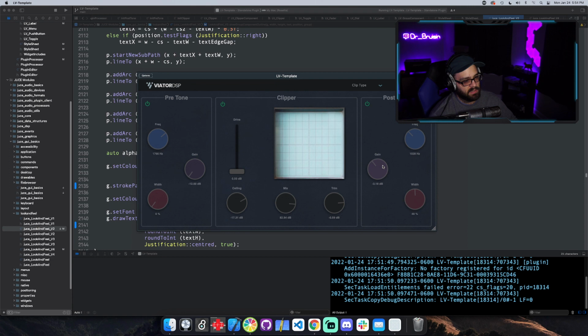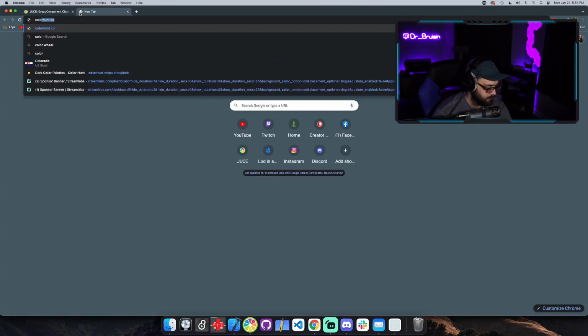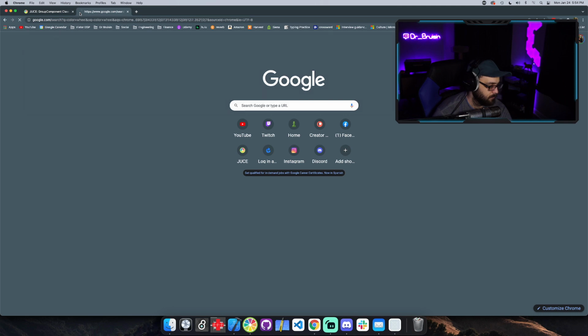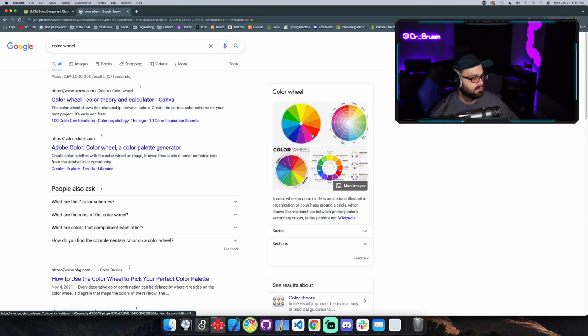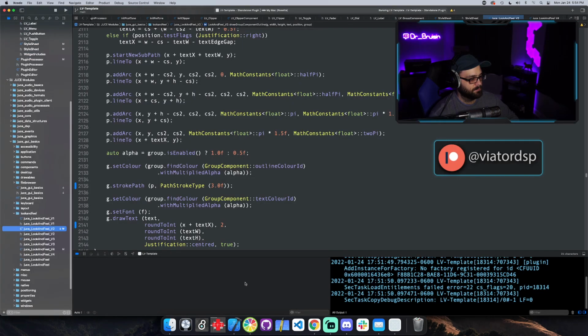I really like, so most mixers will have a blue, a red, and a yellow knob. Maybe not even most, but it's pretty common. I'm just not super crazy about this purple. Wait, let's look at a color wheel. What's gonna complement blue? So like yellow and orange. Okay, so maybe